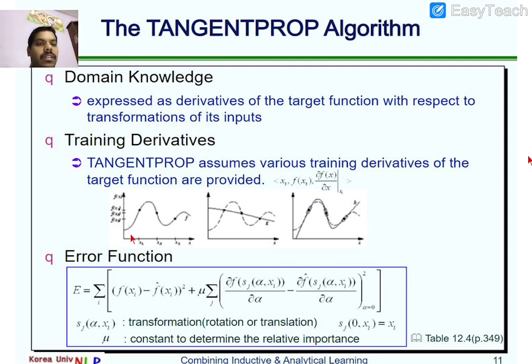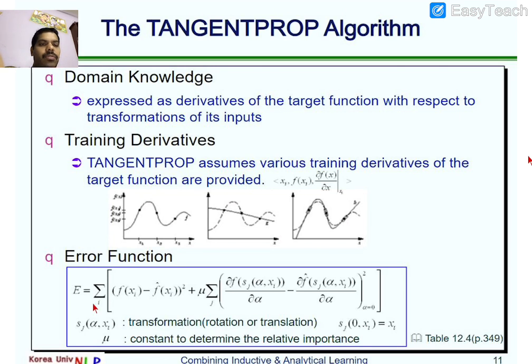Here, this is the graph we are going to observe. It defines the instance space. Whatever hypothesis space we consider, the instances and examples are defined with this graph. And whatever functionality we use for the hypothesis space, that f(x) is defined with this graph. And this is the derivative. Derivatives are used to improve the accuracy, and in order to cover more and more examples, this is given as an input.